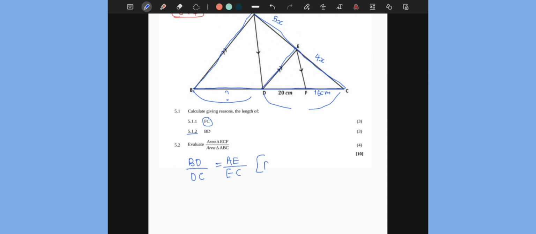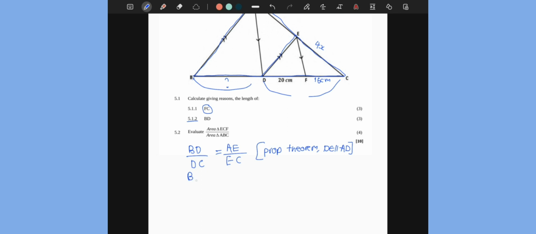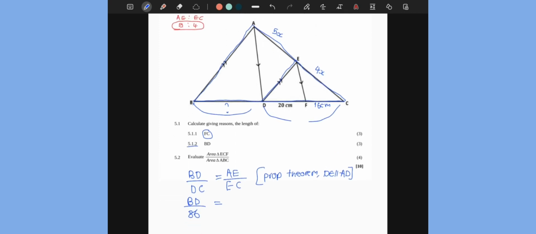You need to write the reason that this is just the proportionality theorem. Given that DE is parallel to AD, then BD is the one we are looking for. You're going to leave it as BD divided by DC. You will need to sum 20 plus 16, which is 36, equal to, then my AE is still